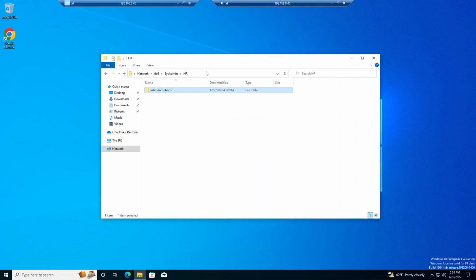So what you have to do is type out /job descriptions, and then, oops, spelled it wrong. And then we named it what? Marketing. And wow, we're in. So we bypassed the folder we did not have access to, and now we're inside the